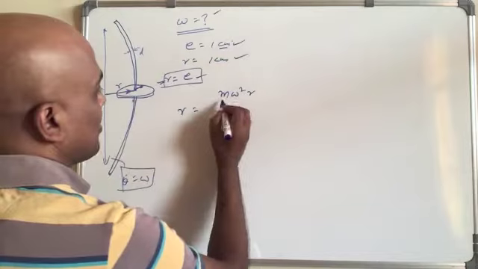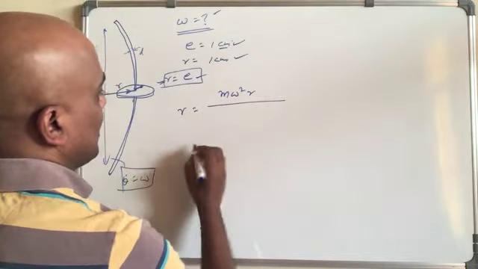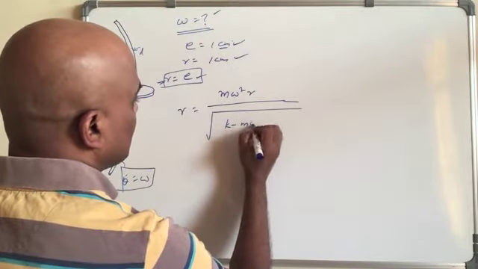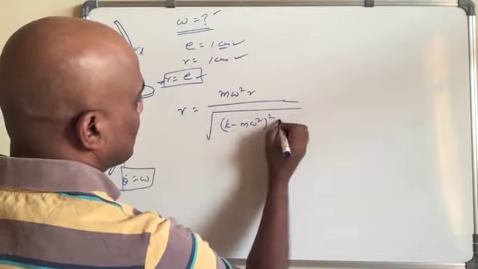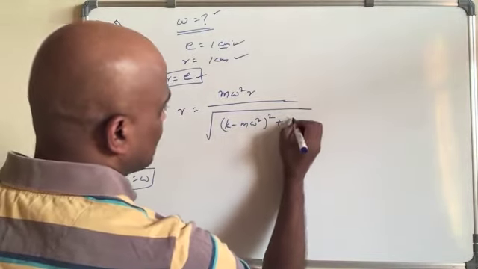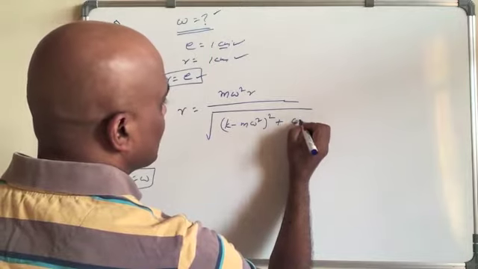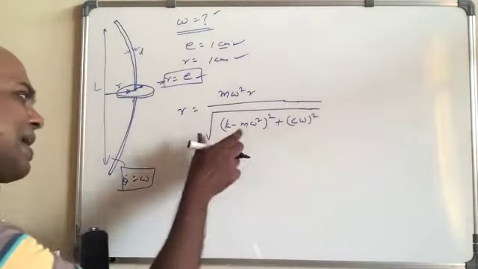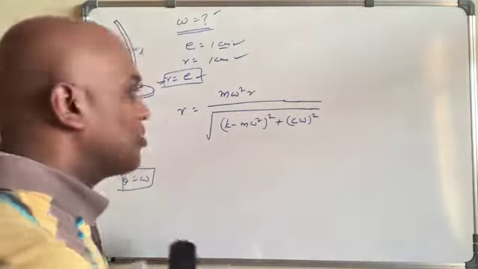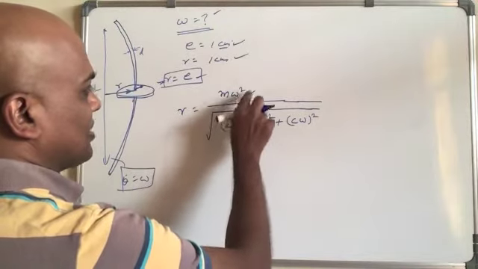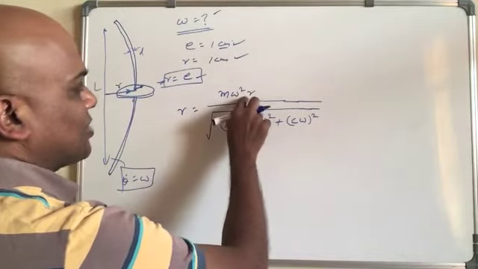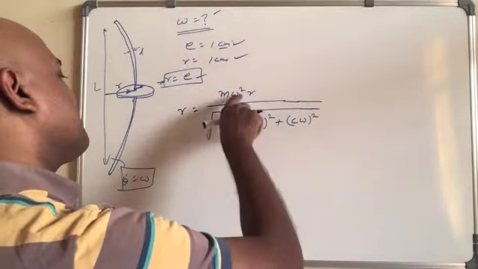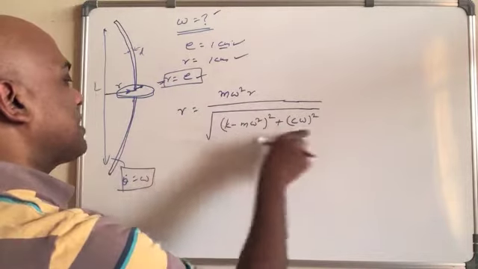So for that, m omega square r, and then you have a root under, and then you have k minus m omega square, plus c square omega square, right? So this kind of relation is exactly similar to what you get in the first vibration, and here it is kind of a force, m times omega square r. Omega square r is nothing but the centrifugal acceleration for the rotation, multiplied by mass, it gives you the force divided by this.